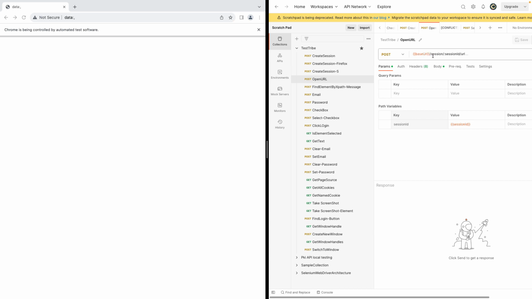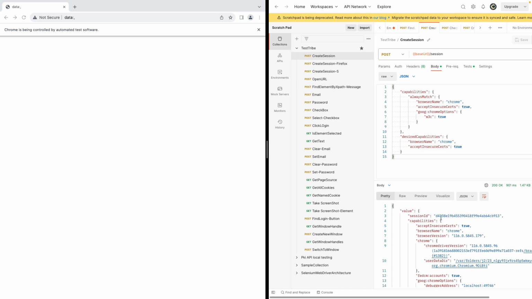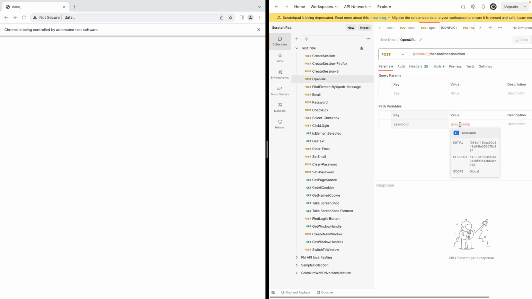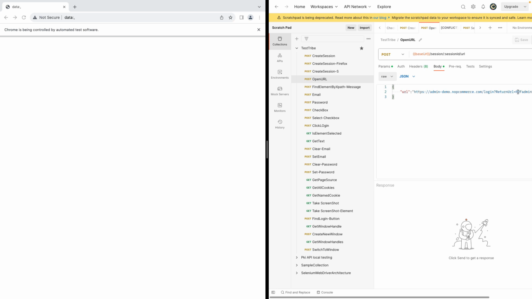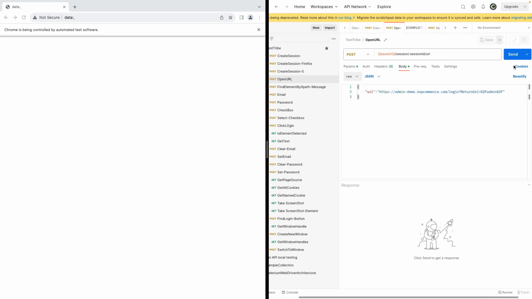If I go to the request for it, what it requires is a session ID. So how will we get the session ID? Session ID will be part of your request response. Okay, so this session ID has been stored in one variable, and that has been passed as a path variable. And what additional parameter we require is the URL. And how are we passing the URL? We are passing the URL in body. Okay, and if I execute this now,